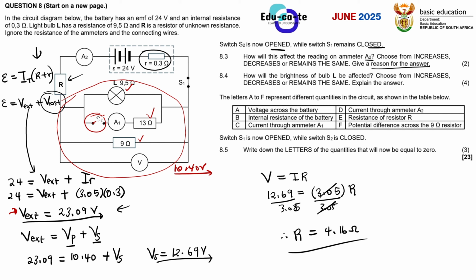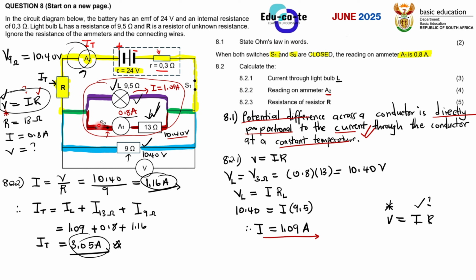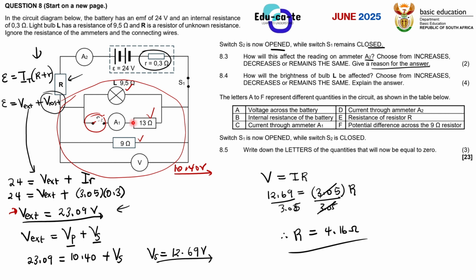So the moment I open switch S2, it simply means that no current will be able to flow through this path. If we use that diagram that has colors for you to see here, there won't be any maroon current passing through this. Remember that when you're opening a switch, it is the same thing as removing a resistor, because the moment I open this switch S2, it means no current will be able to flow through this 18 ohms resistor. So in other words, I am removing the 18 ohms resistor.